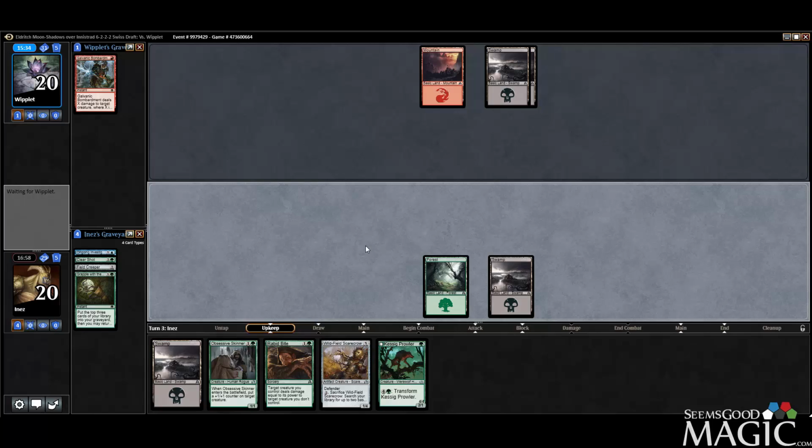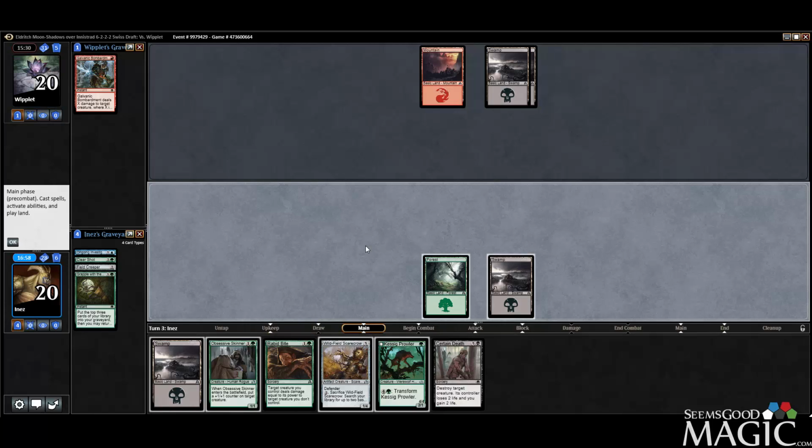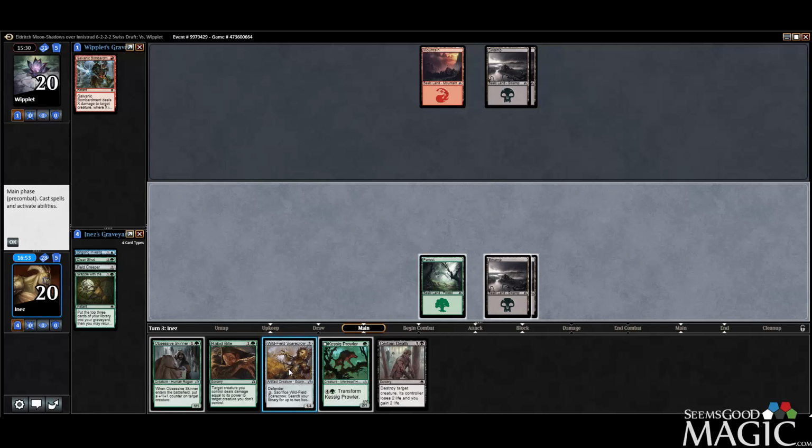Green mana? Green would be optimal. Okay. So now I think I play this Scarecrow. I can play the Skinner now, but if he has more removal...